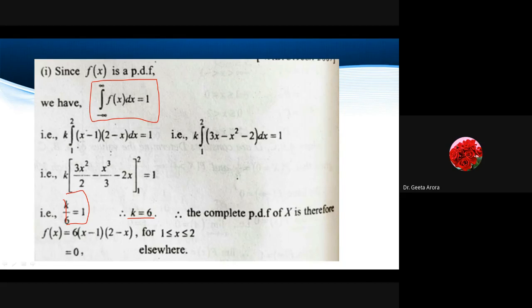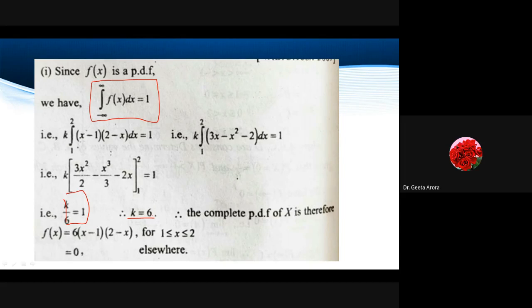Otherwise, if you are not getting the answers, what you can do is take any engineering mathematics book, and in this stats part, a lot of examples will be there in which you have to use the properties of the probability density function and probability mass function, and hence something is to be calculated using these definitions.